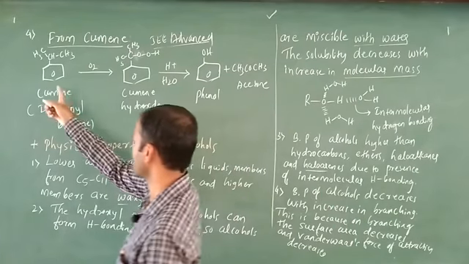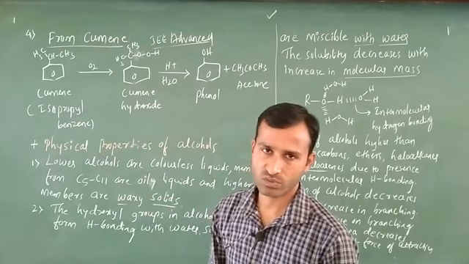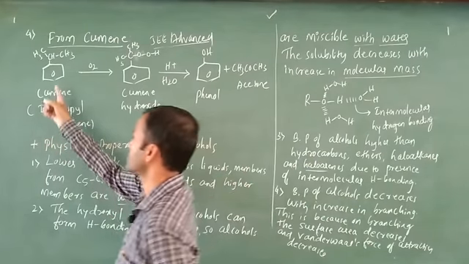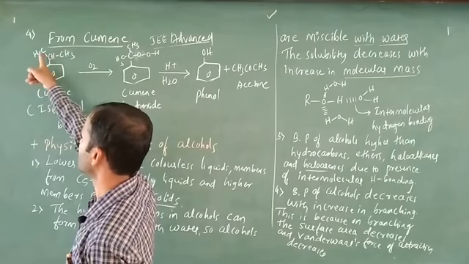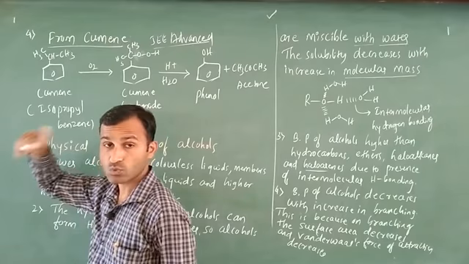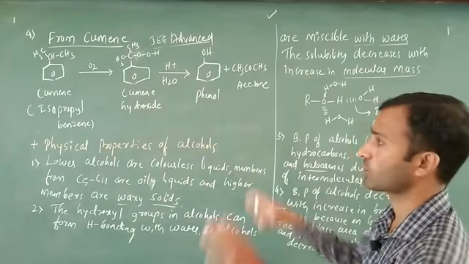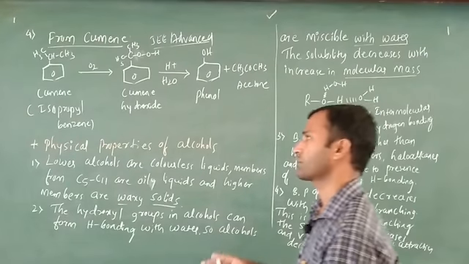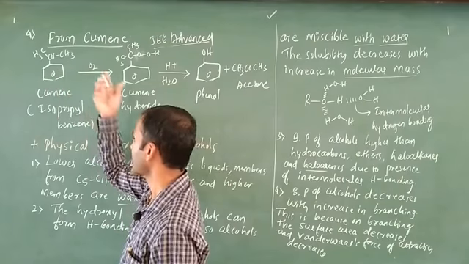Another name for cumene is isopropyl benzene. You just have to draw the benzene. This is connected with a carbon, one hydrogen, and after that 2 CH3. Those CH3 are similar, that's why it is called iso. Iso means same. Isopropyl benzene. This isopropyl benzene can react with